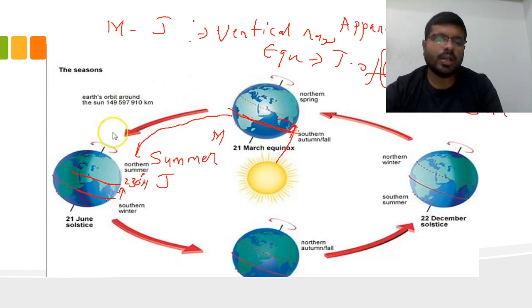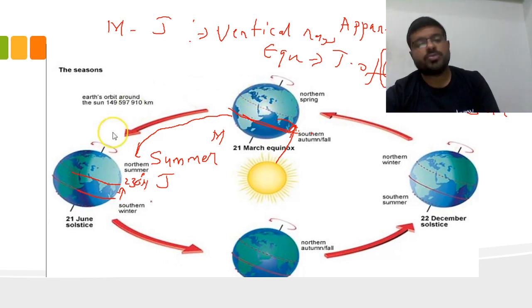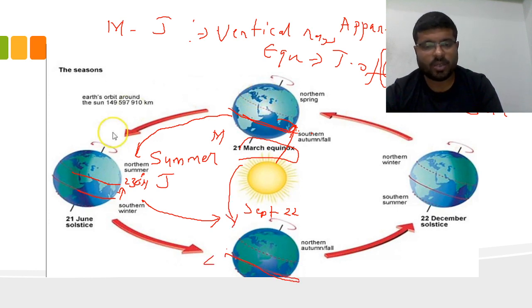And the length of the day will be maximum on this day, 21st June, in the northern hemisphere. Now what happens from June to September? Vertical rays are shifting from Tropic of Cancer back to the equator by September. So once again by September 22nd or 23rd, what is happening? The original conditions, whatever you found out on March 21st, are replaced here. So the equator once again at the same place, vertical rays will be seen.